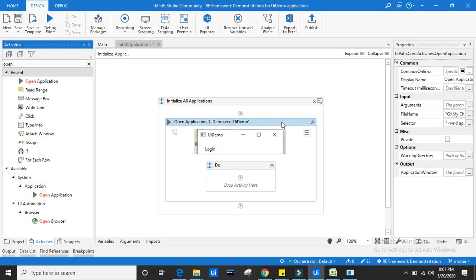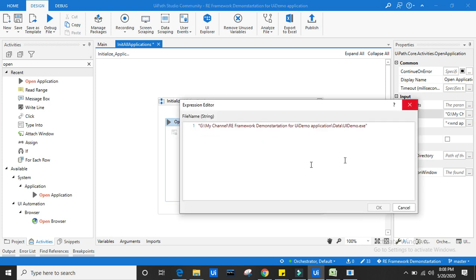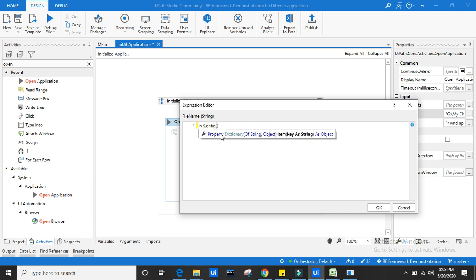Now I want to give the file path name. If you keep this, that's also fine, or else you can use our config file. In the config file, which is nothing but a config data variable, we are storing the path because we are using the config file in the form of arguments.